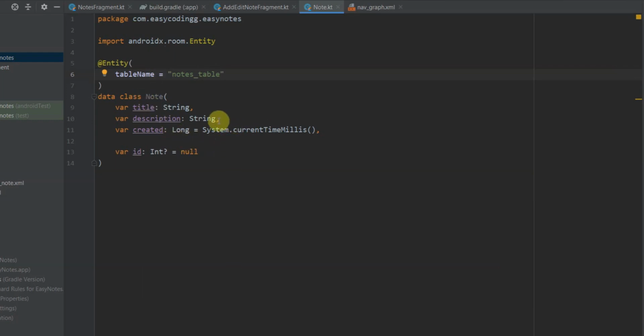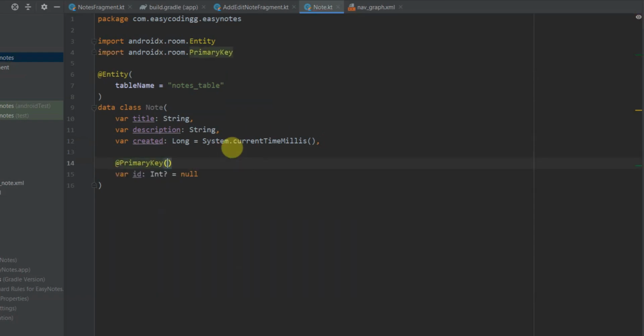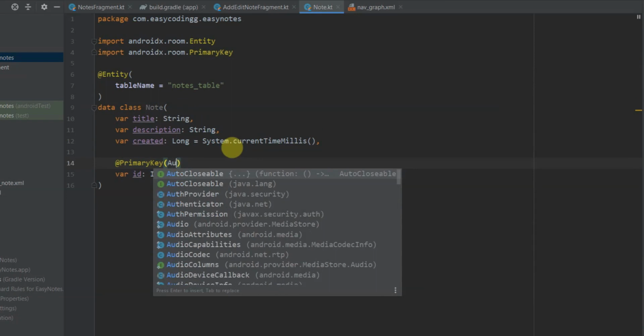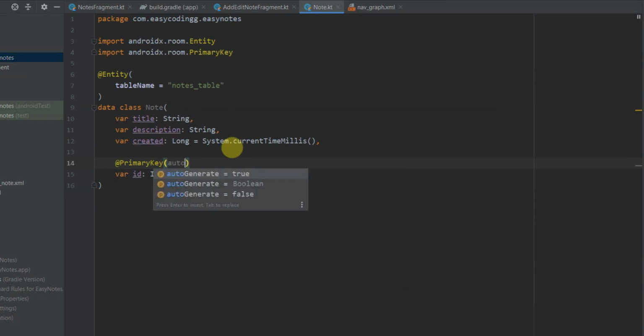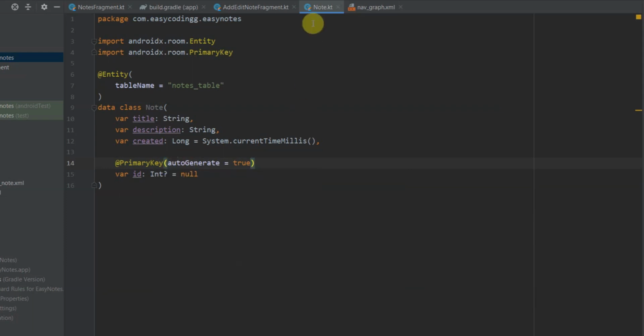And every entity should have a primary key. So we'll make our ID a primary key, and for that we need to annotate it with @PrimaryKey and set autoGenerate to true. This takes care of generating IDs whenever we insert a note.